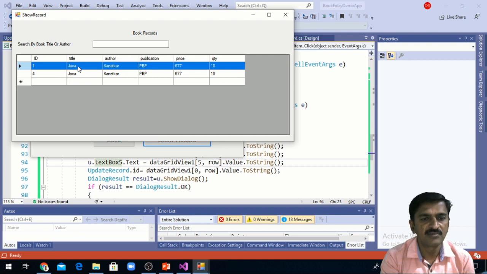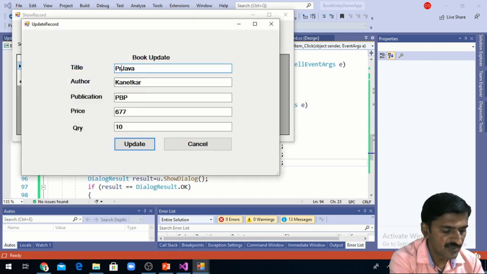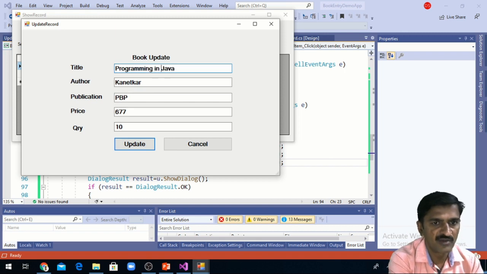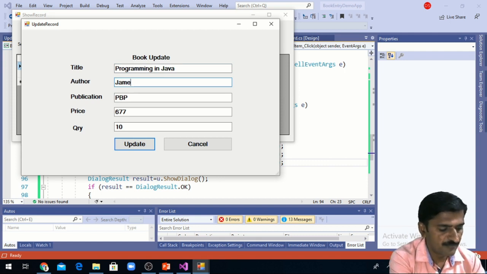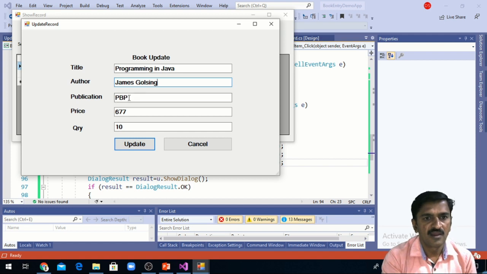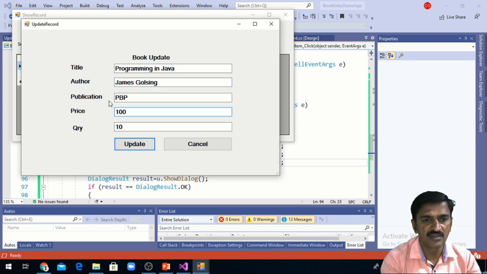Now at this time I'm going to change this first record. So I'm going to click on edit. So I can find here the values. Programming in Java I want to change. Kanetkar, instead of Kanetkar I'm going to specify James Gosling, and BPB publication, and instead of the price 670 I'm specifying here 1000 and quantity as 5005.